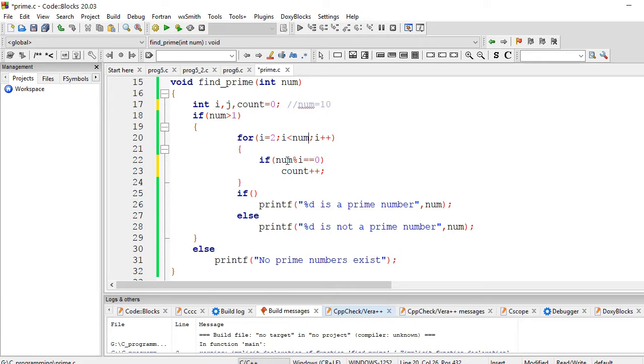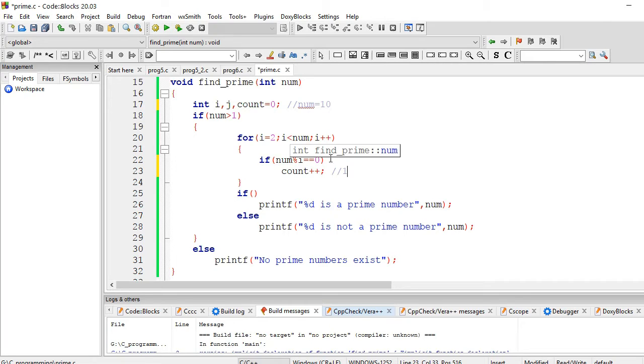So number mod i is 10 mod 2, which equals 0 because 10 is divisible by 2. So count will be increased to 1, and then it will check whether 10 is divisible by 3, 4, 5 and so on up to 9.